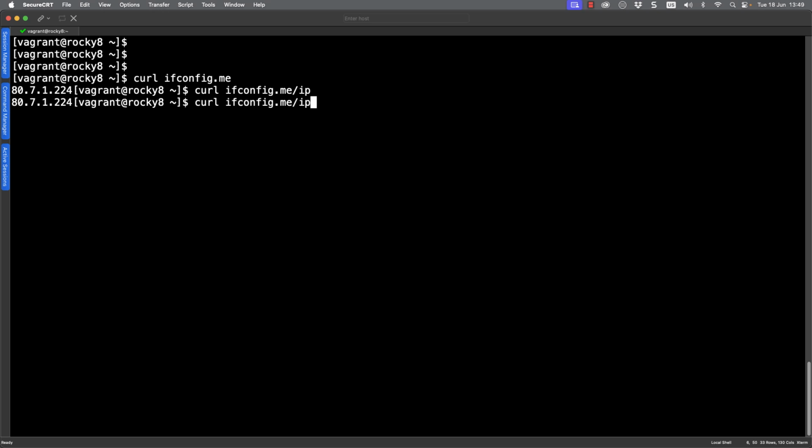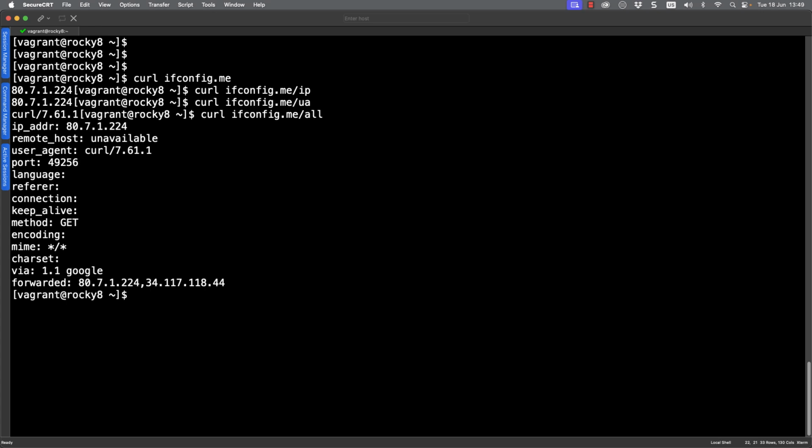So, of course, the shortest way is just to use ifconfig.me. If we look at the user agent, so /UA, of course, we're using curl, so we're seeing that being returned. And if we looked at using /all to the API, then we're getting all of the populated fields coming back.